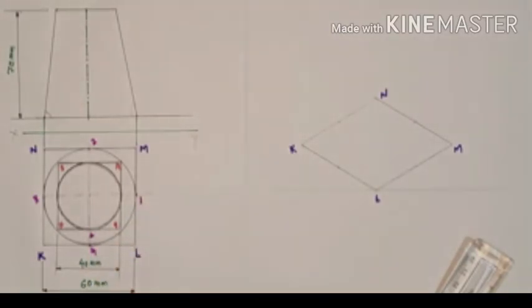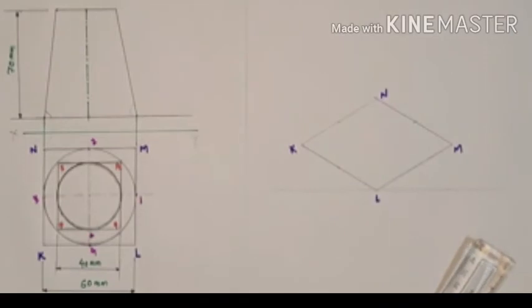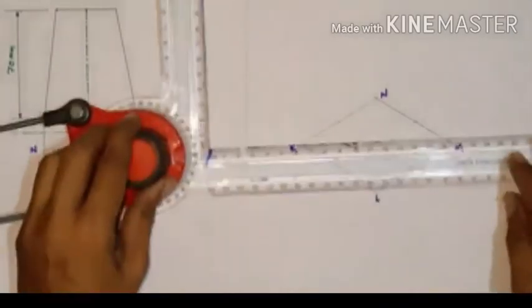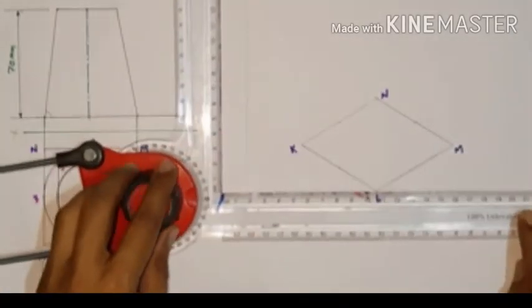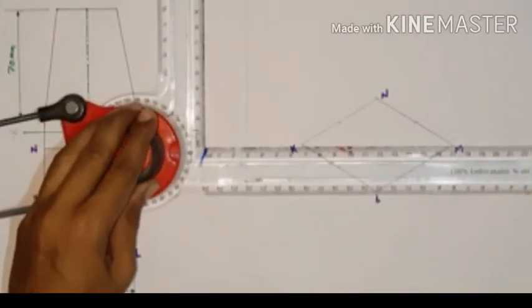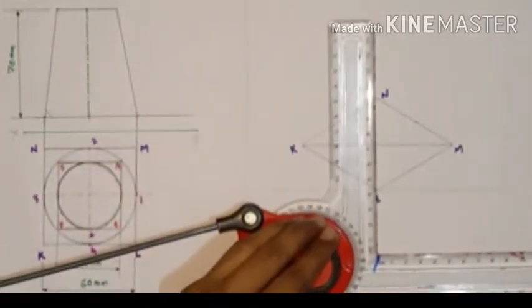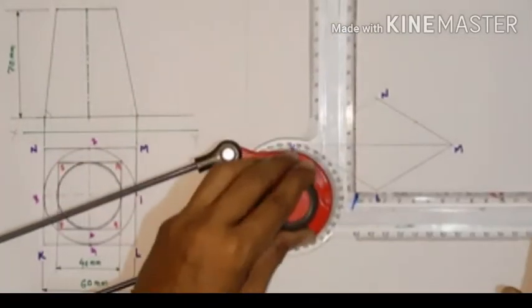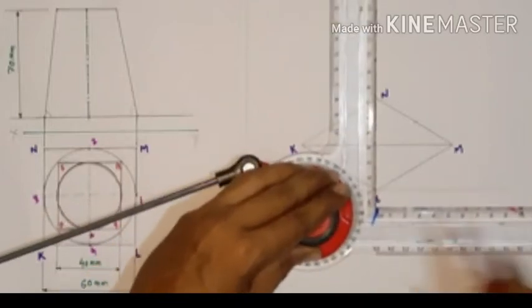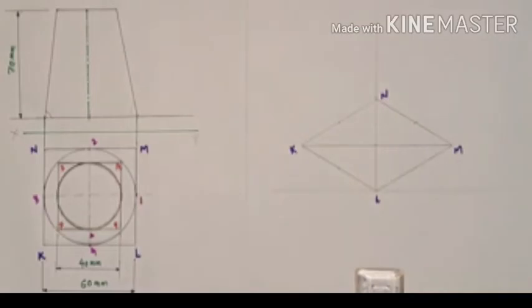Okay, so this is representing that. Now we join the diagonals like this with a 2H pencil, and again joining these two like this. So this is your center point, no doubt.